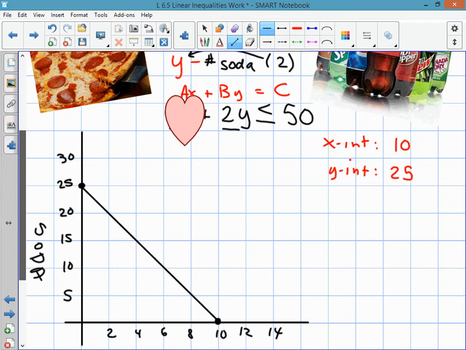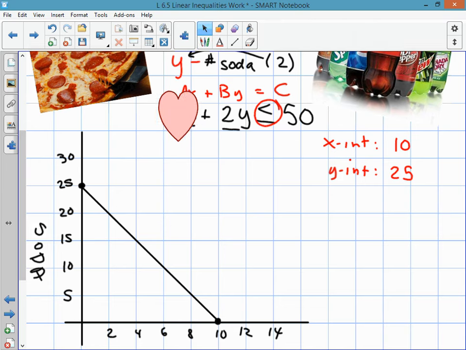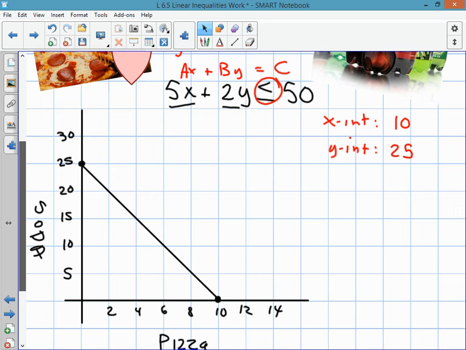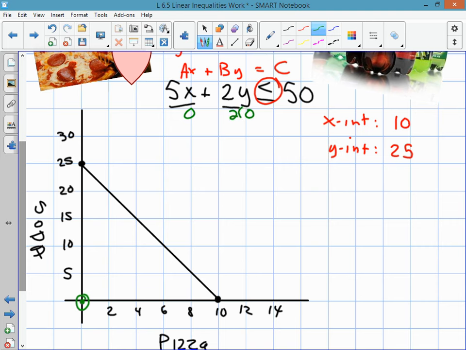Notice also that the line I drew is a solid line because the inequality is or equal to. Now, it's an inequality, so one side of the line or the other has to be shaded. And you can test a point. The easiest point is 0, 0, right down here. So if I put 0 in for x and 0 in for y,